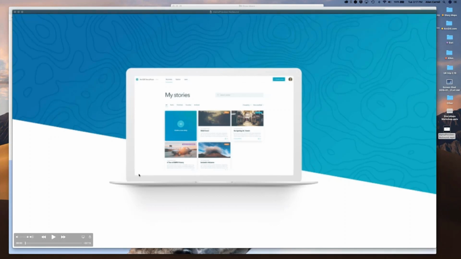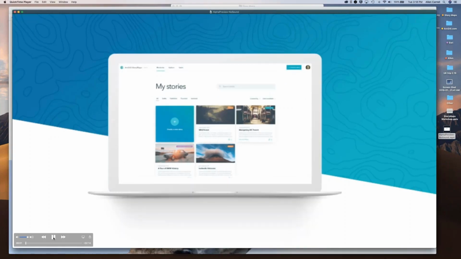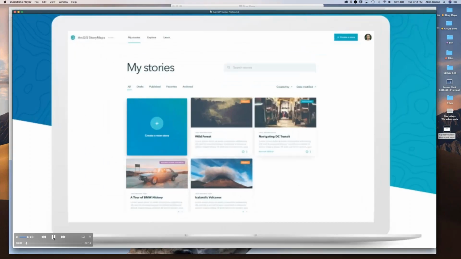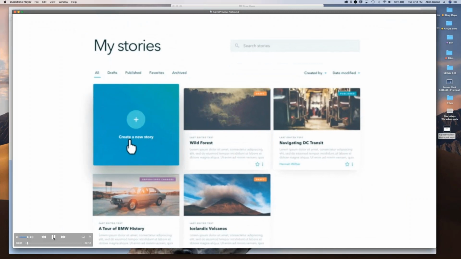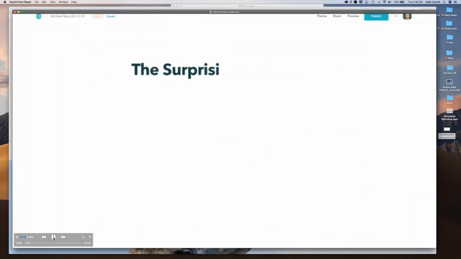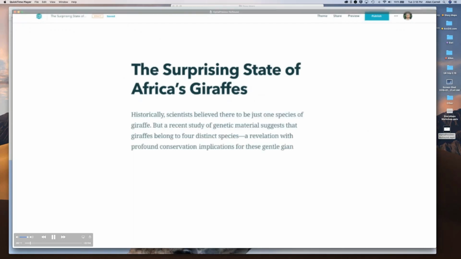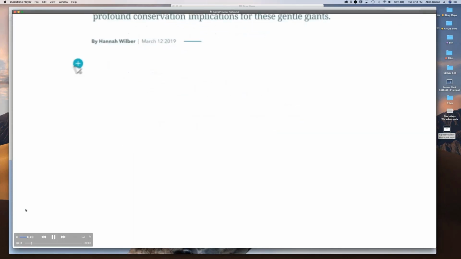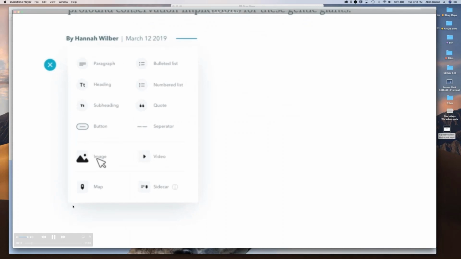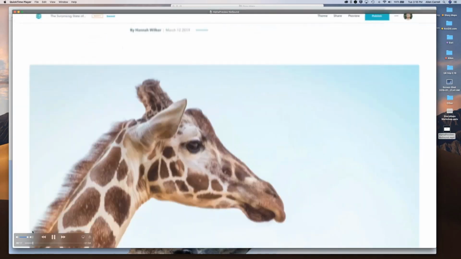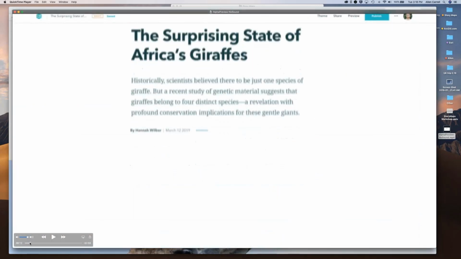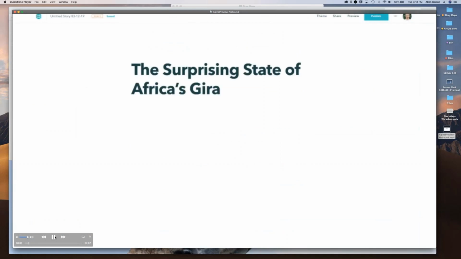So our plan is to have users start with an updated look to the My Stories page that Grayson just showed you. And then you'll be able to either open an existing story or create a new story. And then you'll have a very much a what-you-see-is-what-you-get sort of experience. You type in a title and subtitle, a byline automatically appears that you can then change if you'd like. I'm going to back up a little bit here because that's something I want to show you.